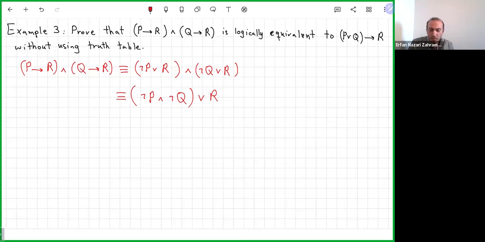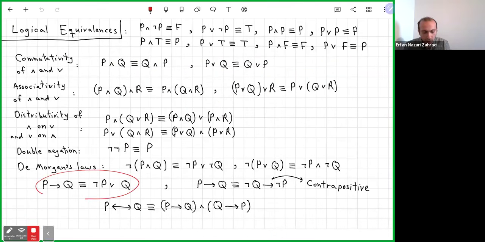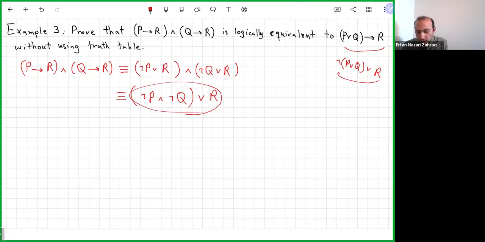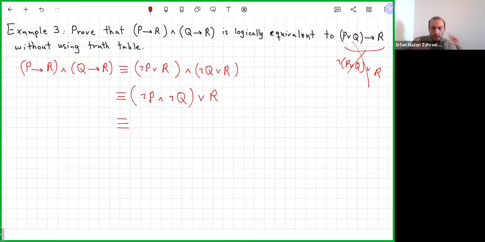Okay, good. Now what can I use? If you look where I want to reach, it's here. And if I use this rule on what I want to get, it's basically not P or Q and then or R. Compare it with this. You see that actually this part, they are the same because of De Morgan. So this suggests the next step: here I use De Morgan. This was just my brainstorming to decide what I should do next.